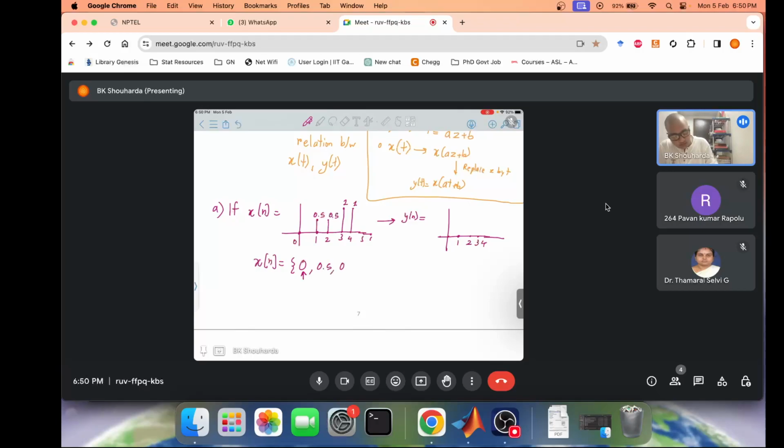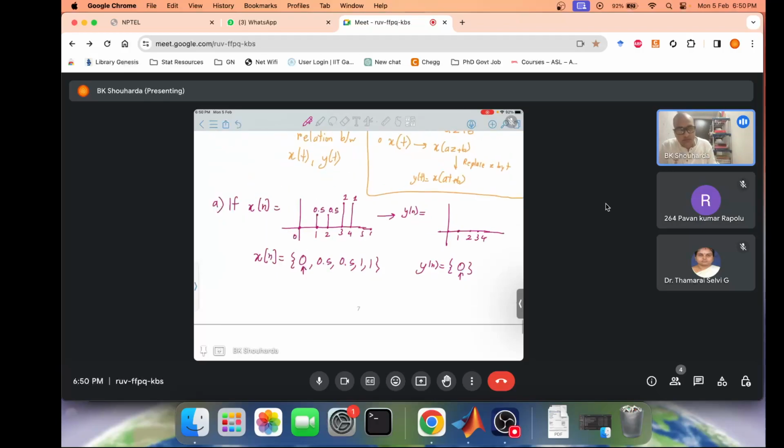0.5 0.5 1 1, and when you stop it, it means that the rest, left and right of this array, are all filled with zeros. And y[n], we can simply write it as 0, which means our left and right are all zeros. Fine. So now you are supposed to relate y[n] and x[n], but unfortunately this is a discrete